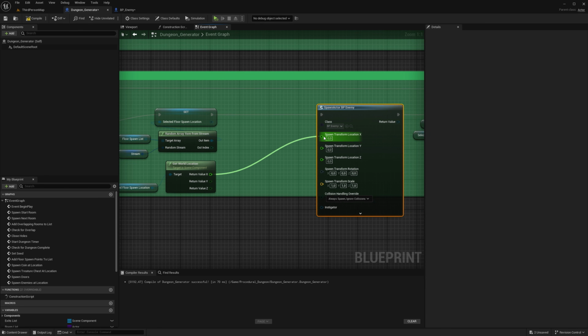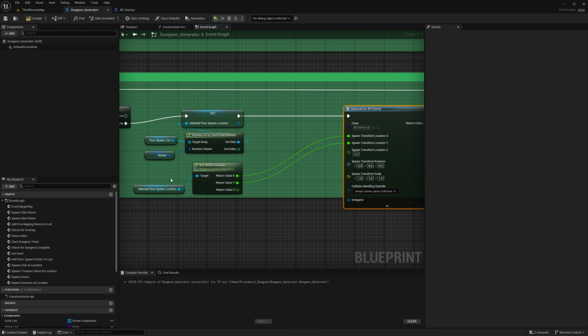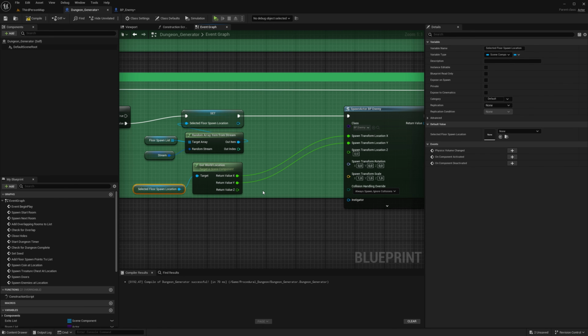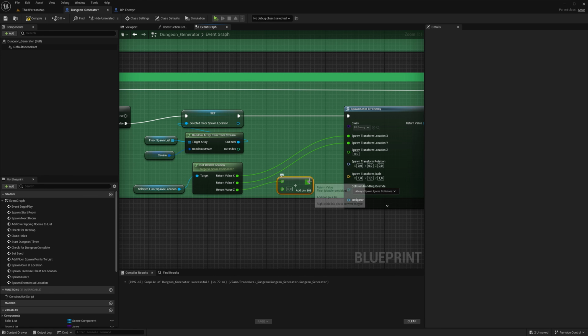Plug in the X and the Y because those are fine. We want it to move up in the Z axis. You want to get the original location and add 60 to that location, right? So we drag from Z, press the plus button on your keyboard and select add and plug it into Z. And now here we control how much up and down we want the character to be when it spawns. And I know it's 60, so I type in 60,